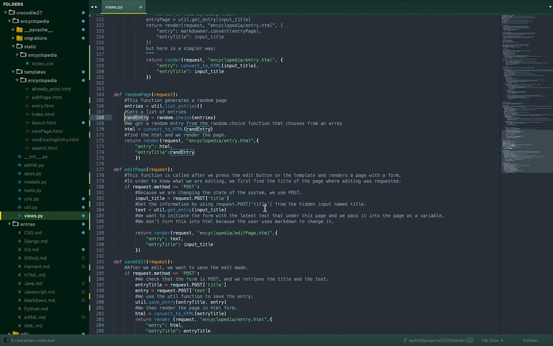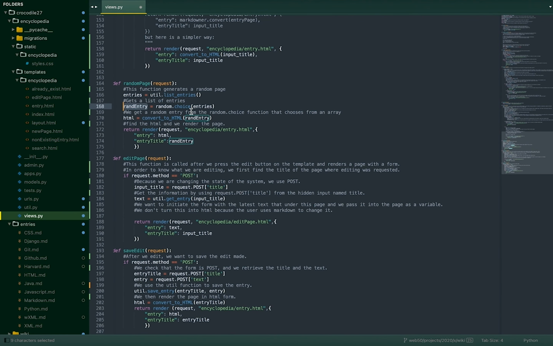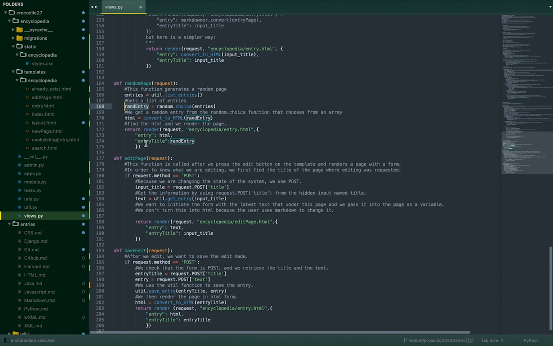Next, edit page. If request method equals post. So again, we're changing data because we're editing the page. So use the post version, not the get version, for the request. And the input title will be equal to request.POST title because this is the name of the input. And the text is equal to util.getEntry input title, and basically this is still in markdown,